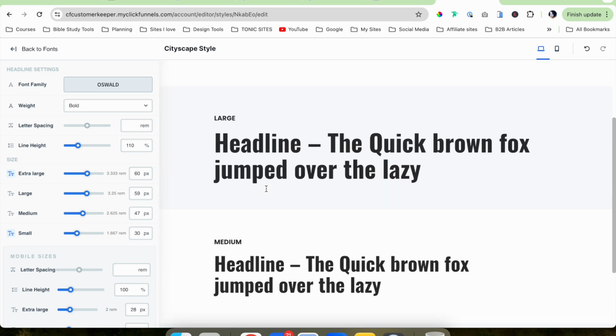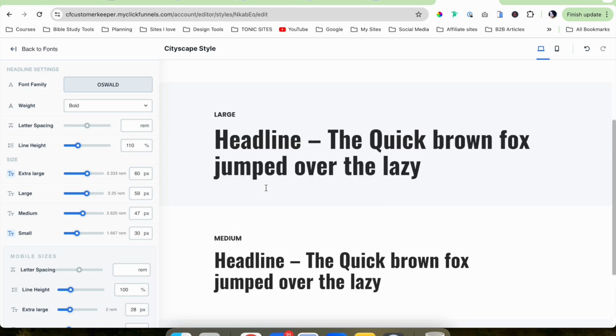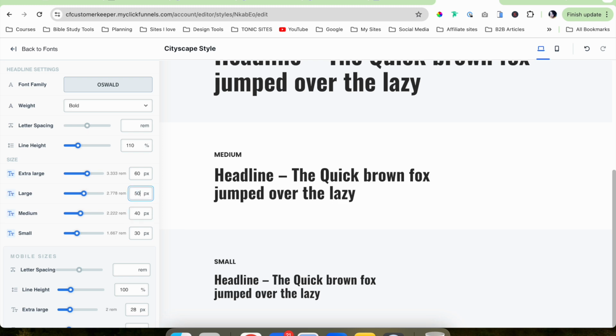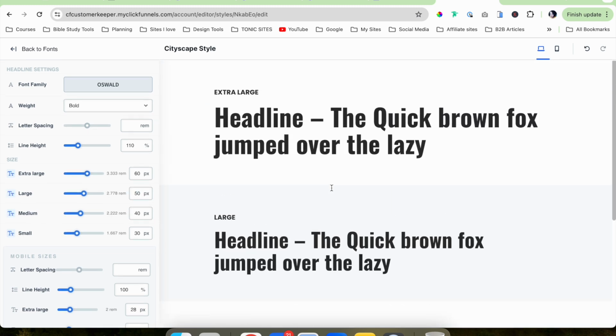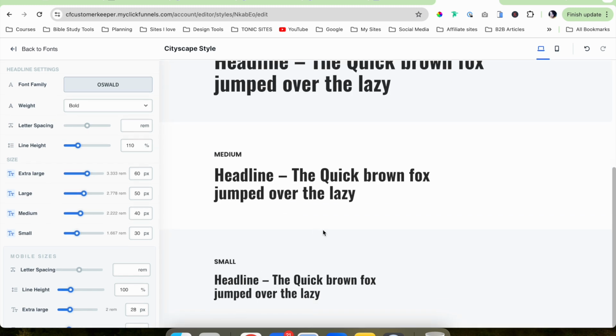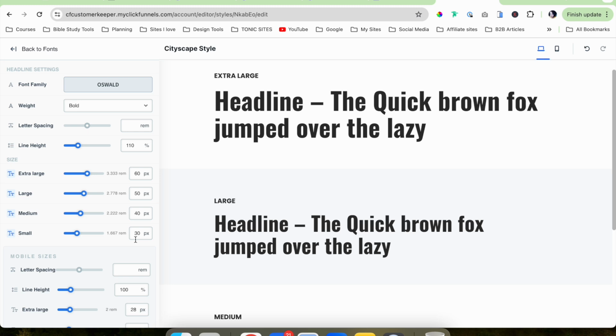So whatever that is that looks good to you, you can do that. I tend to go in increments of 10. I found that just sometimes works really well. So as you can see now, I have 60, 50, 40, and 30. And if you're happy with that, you can totally move on to the